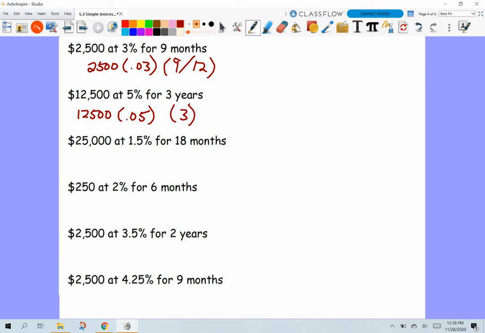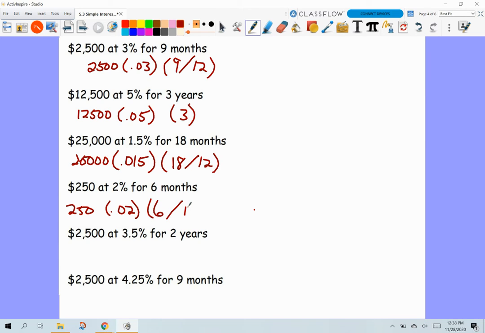Now that one I'm not going to divide by 12. $25,000, that's an ugly one, at 1.5%, which would be 0.015, for 18 months. $250 at 2% for 6 months, so divide by 12. $2,500 at 3%, I'm sorry, 3.5% for 2 years, and then $2,500 at 4.25%